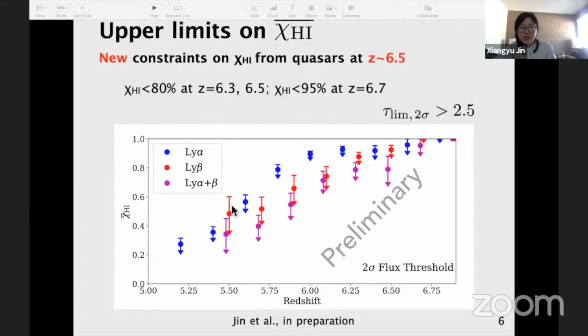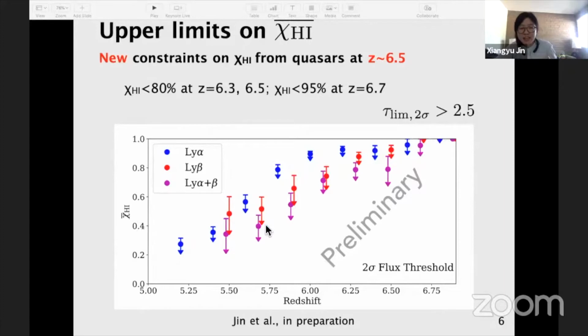Apart from these two constraints, we also get a combined constraint from the Lyman alpha and Lyman beta forest, and those are shown by those magenta upper limits. In this constraint, a pixel is dark only if it's below 2 sigma noise, both in the Lyman alpha and Lyman beta forest. And this combined constraint from the Lyman alpha and Lyman beta forest gives us the tightest constraint on the neutral hydrogen fraction. From this combined constraint, it puts an upper limit on the neutral hydrogen fraction of about 35% at redshift